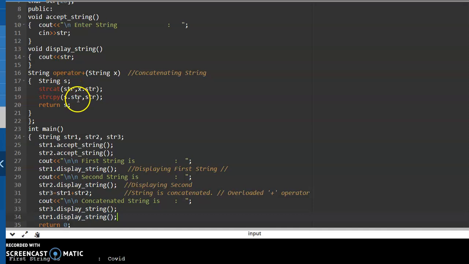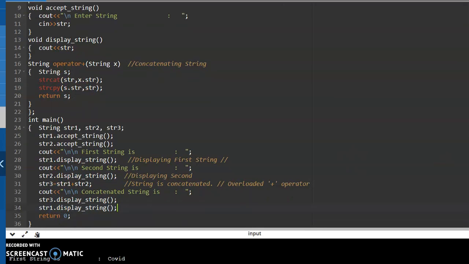That is what I had mentioned before, and this str is the one that belongs to str1. And basically what I've done here is at the end of the program, I've created an additional line str1.display.string, which means it should be displaying the str of str1. And when you run this particular program,